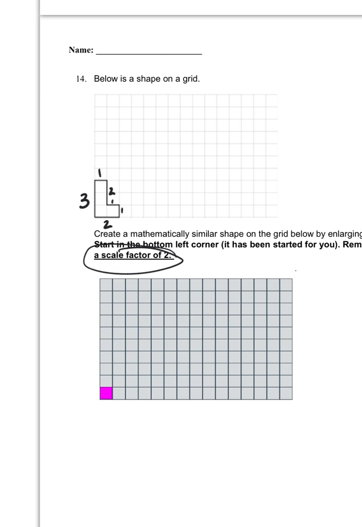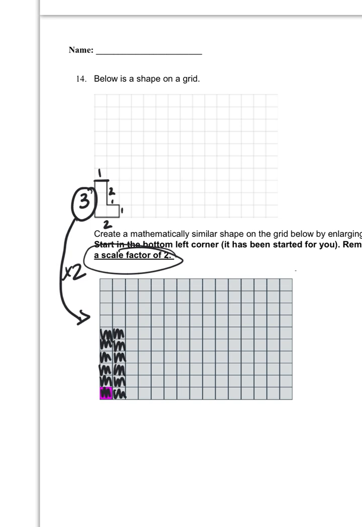So I'm going to recreate my new shape down here. And instead of it being the height of 3, I'm going to do 3 times 2, which is going to be 6. So I'm going to highlight or shade in 6 squares tall. So 1, 2, 3, 4, 5, 6. Then I'm going to do the next one. Well, if it's a width of 1 and I'm going up by 2, well, 1 times 2 is 2. So it's going to be 2 tall